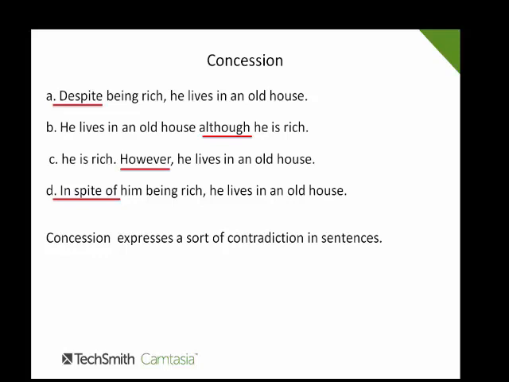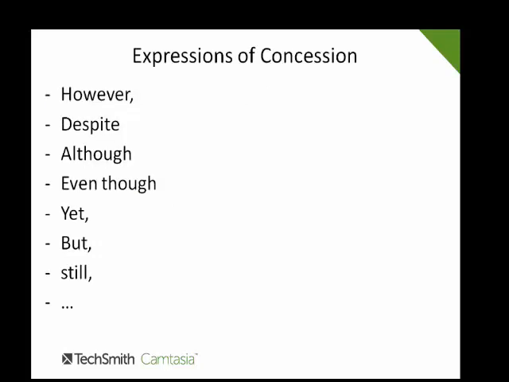Normally, if a person is rich, he should live in a new house, or at least a good one, right? But here we have he is rich and lives in an old house. So we use these expressions to link two ideas which, in a sense, contradict each other. Now, here are some expressions of concession. We have however, despite, although, even though, yet, and